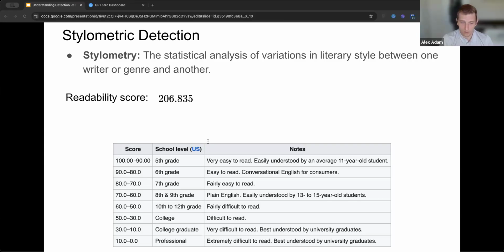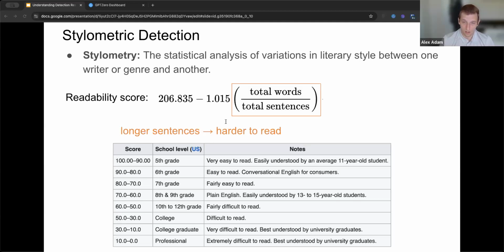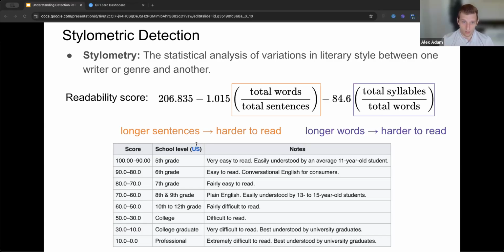And here we're looking at one such feature called the readability score. So the exact values don't really matter so much here, but the interpretation is that the higher the score, the more readable the text is. So you see that the score starts off high, defined to start off at this magical value of 206. But then it's penalized by longer sentences. So long sentences tend to be harder to read, as well as long words. So if one assumes that LLMs tend to be verbose and use complex vocabulary, then this can be an effective feature that distinguishes AI from human text.